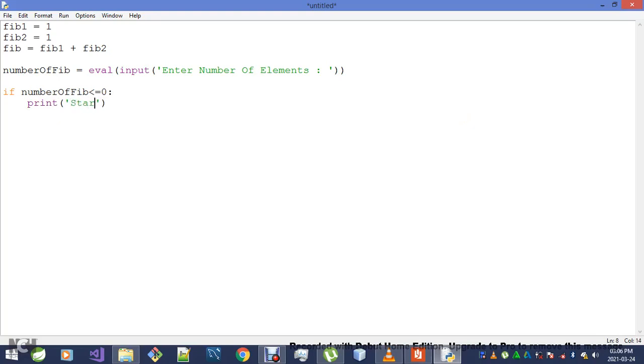So we'll just go start over, valid input. Elif number of fib is equals to 1,